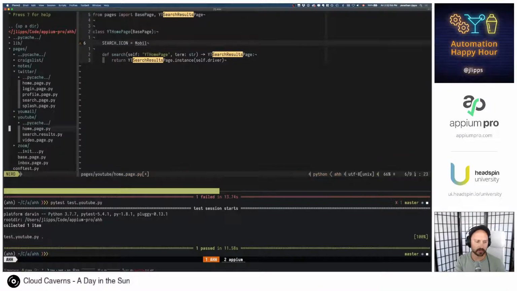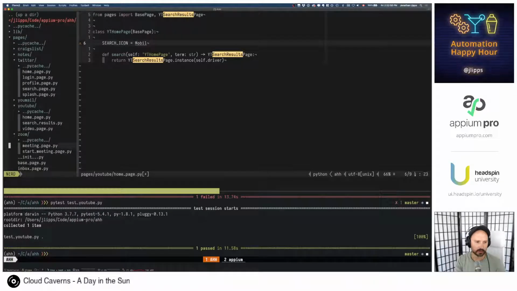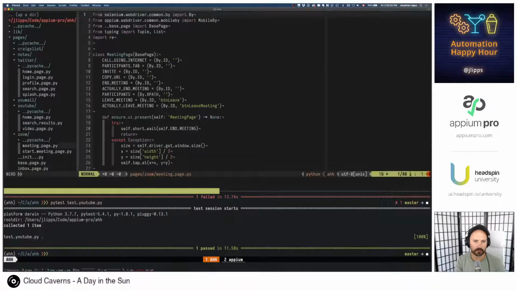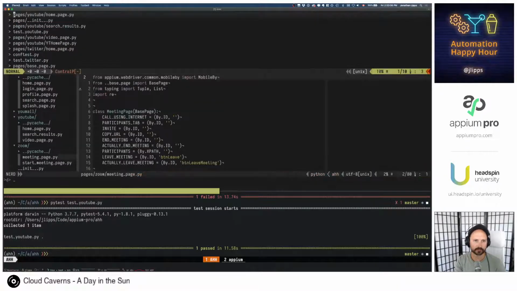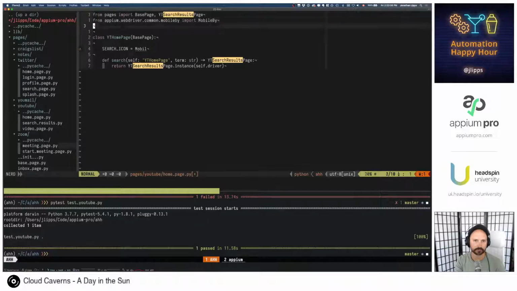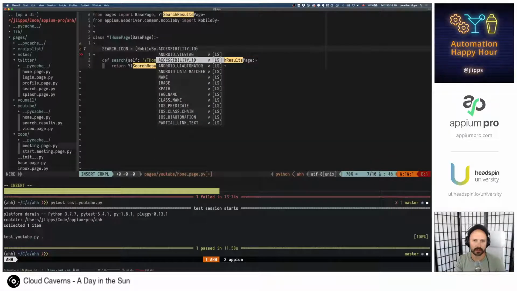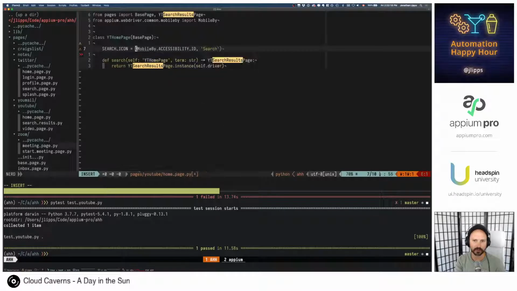So I'm gonna go steal it from this file. Right, so mobile by dot accessibility ID, and has an accessibility ID of search.